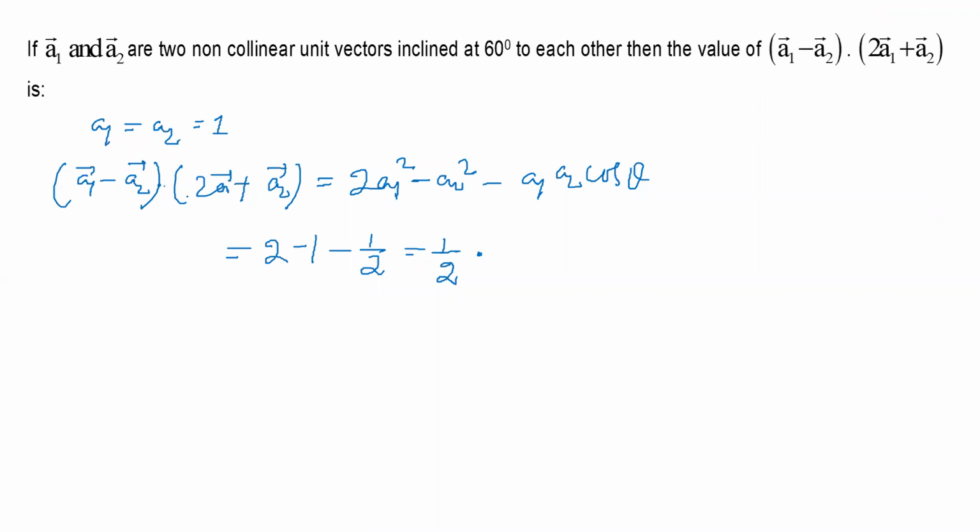Yes or no? A dot B is equal to how much? AB cos theta. So what is the magnitude of the unit vectors A1 and A2? Friends, in the place of A, I will put 1. Magnitude of this plus magnitude of this minus A dot B cos theta. Yes or no? So I'm finding